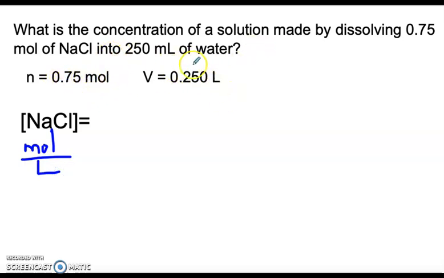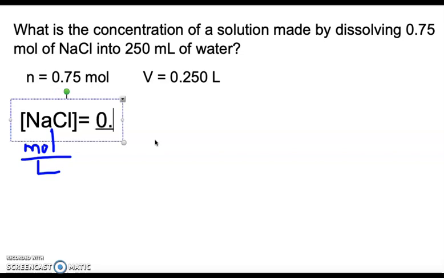So really I could choose to start with either one of these because I know the moles has to go on the top and I know the liters, because it's down here on the bottom, has to go on the bottom. So you can kind of pick whichever one you want to start with. Usually you guys like to start with the one that's on the top, right? So we could say 0.75 moles, and we can put that